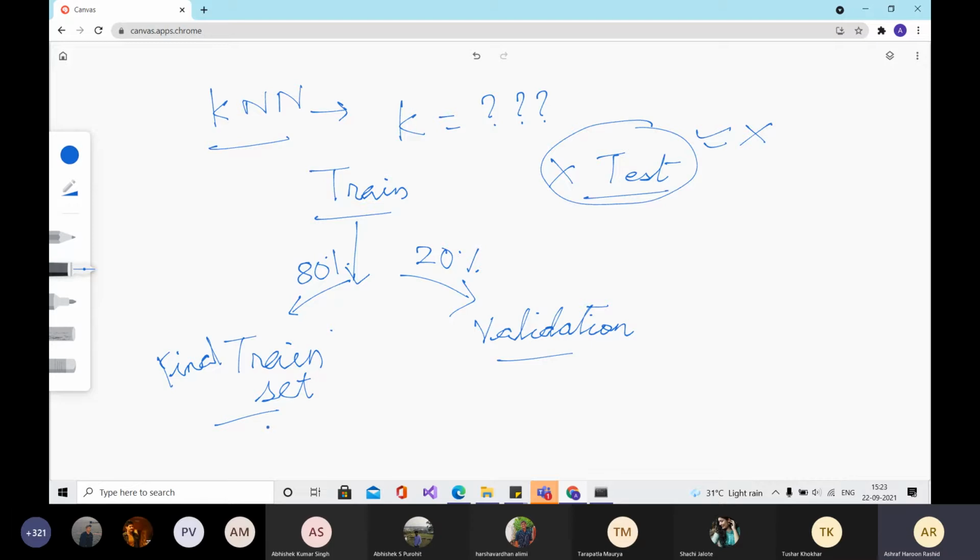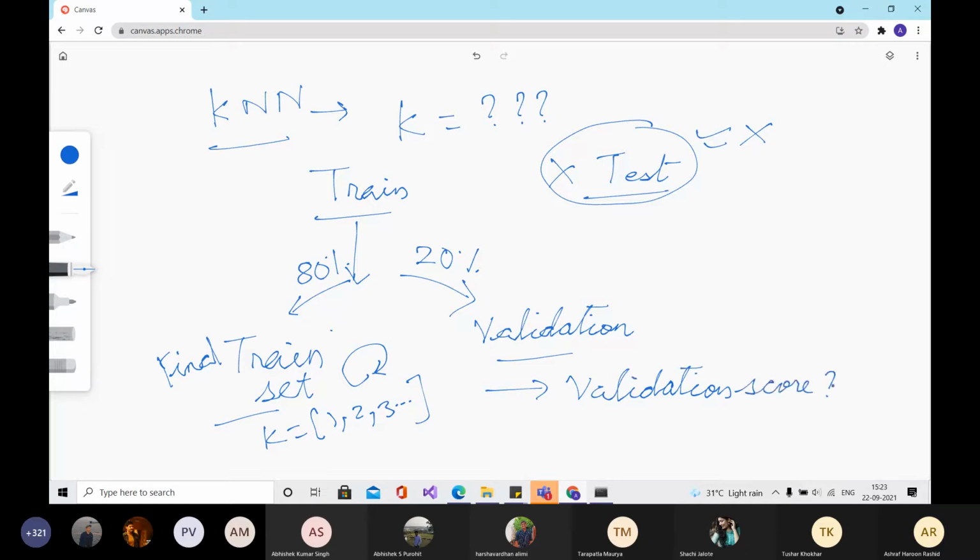Now you iterate for different values of k, like 1, 2, 3, up to whatever you want. On this final train set, for each value of k, you check the validation score. For k equal to 1, I'll check the validation score.